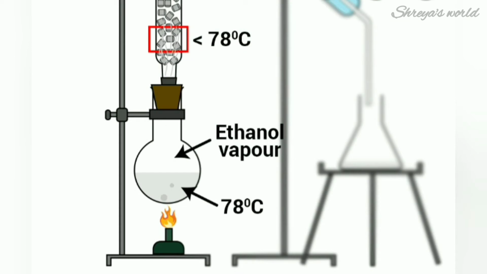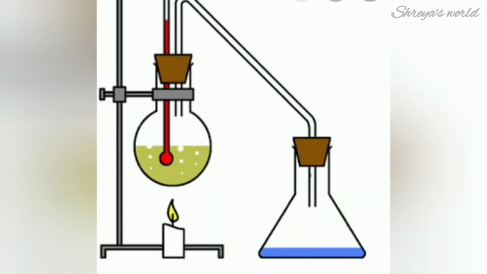So, now let's talk about the procedure of fractional distillation. After setting up the apparatus, a mixture of two miscible liquids A and B is taken, where A has more volatility than B. The solution is added into the distilling flask while the fractionating column is connected at the tip of the flask. Heat is applied, which increases the temperature slowly.